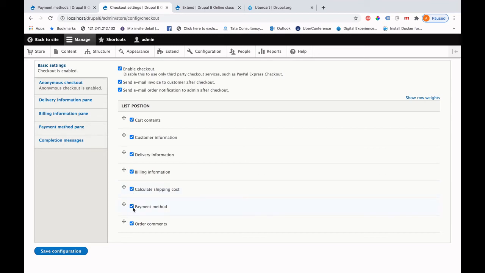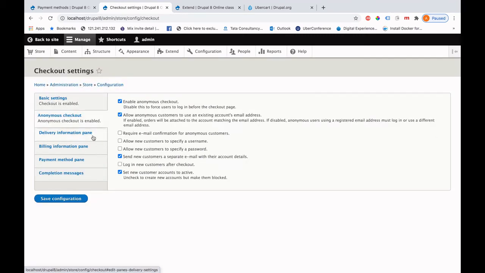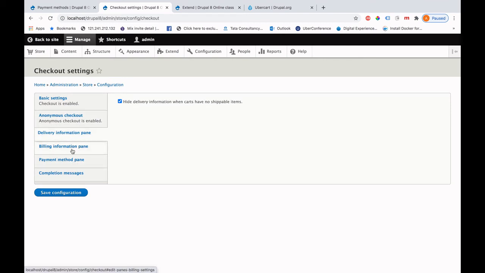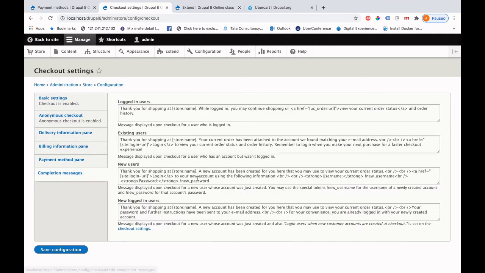This is the payment options, it is required. And these are some anonymous checkout options you can check from here. Okay, and if you want to use the same address for billing and delivery by default, you can check that as well. The payment methods and the completion message, here there is a custom message area which you can update for your customers.